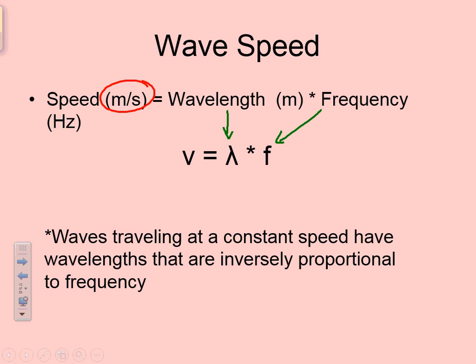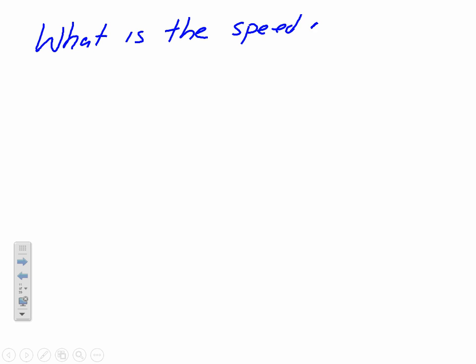Now, most waves travel at a constant speed. So, for example, sound in air travels at a constant speed. Light in outer space travels at a constant speed. So, if we're talking about speed, let's do this question. All right. What is the speed of a radio wave? So we talked about radio waves. All right. And we're going to focus specifically on KROC. What is the speed of a radio wave